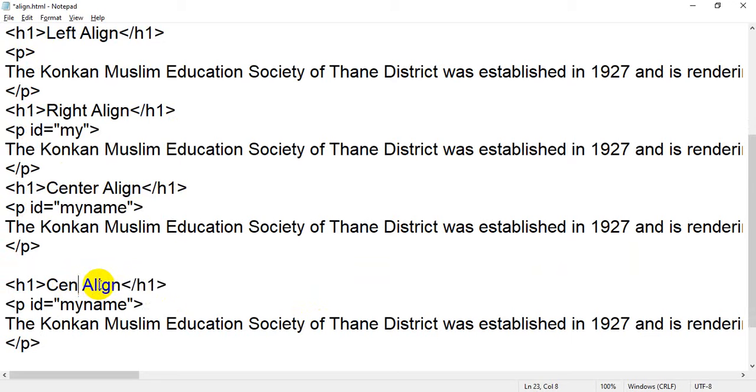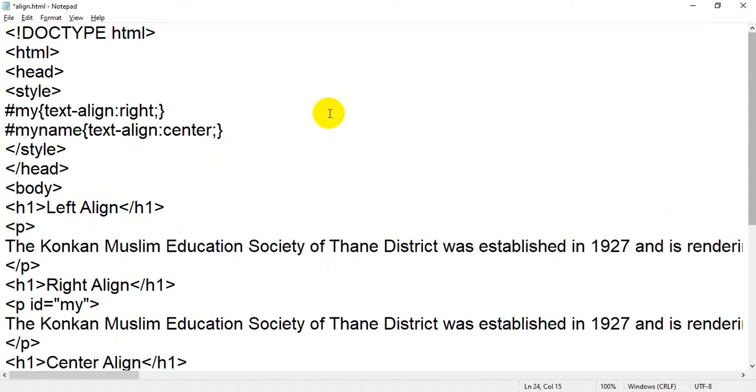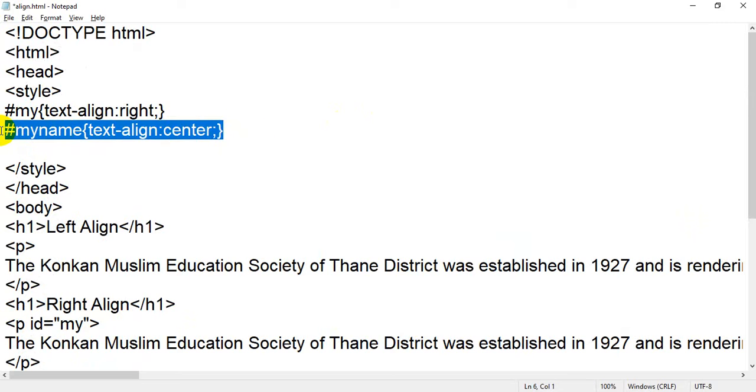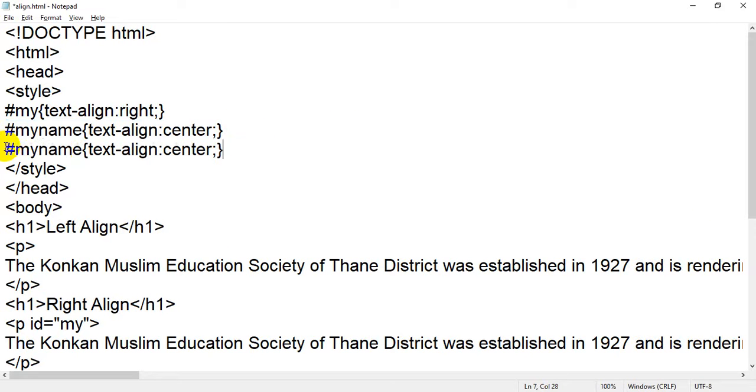Instead of center I am going to assign justify. Then for the ID, I am writing myjusty. Then I am going to add one more CSS rule, Control C, below that for my third paragraph. What is the ID? My justy. Students, getting what I am doing here?